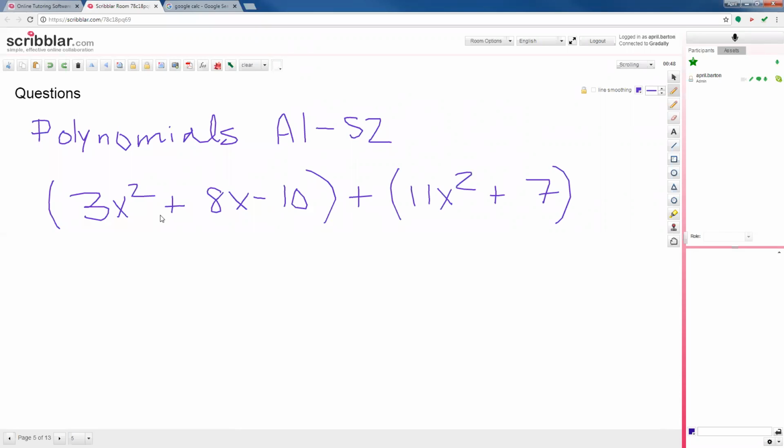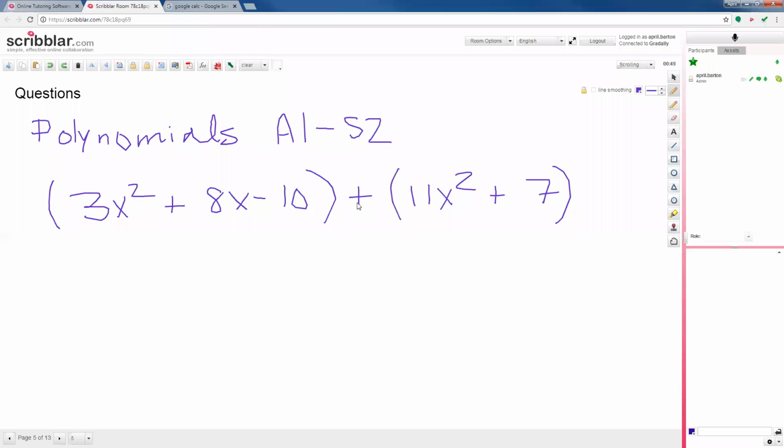So polynomials, this is an Algebra 1 Semester 2 topic. If you're asked to add them together, there will be a plus sign between two different polynomials. Naming wise, this is another quadratic trinomial. Highest degree is 2, so it's quadratic. There are 3 terms, so it's a trinomial. And this one is a quadratic binomial. Highest degree is 2, so it's still quadratic. And there are 2 terms, so it's a binomial.